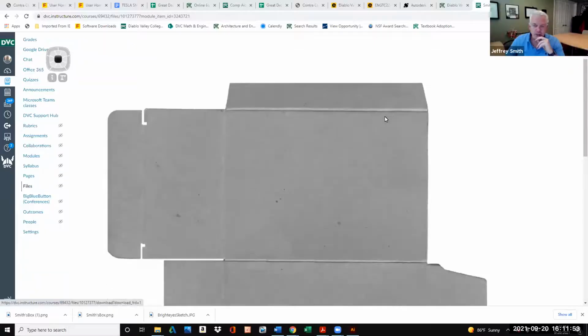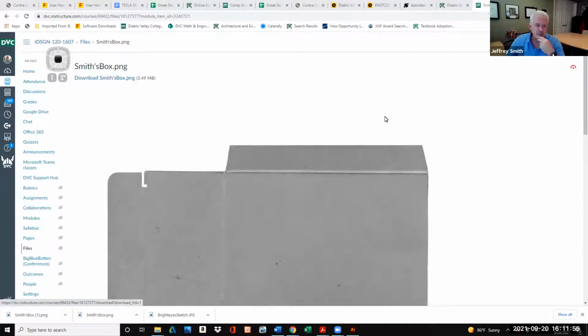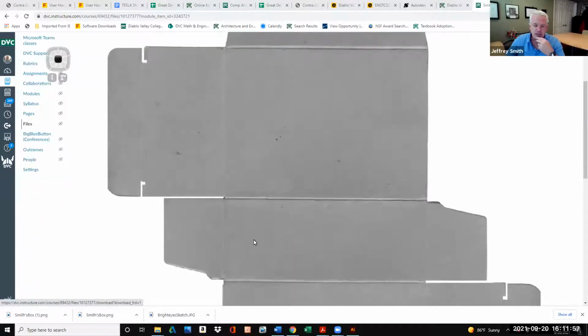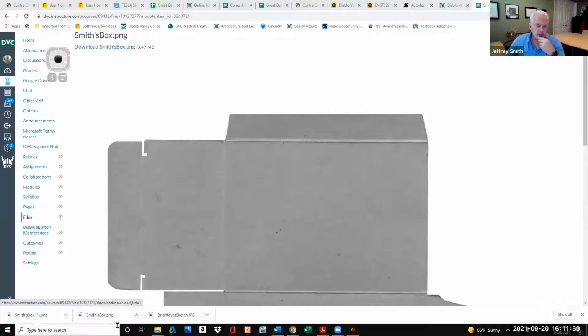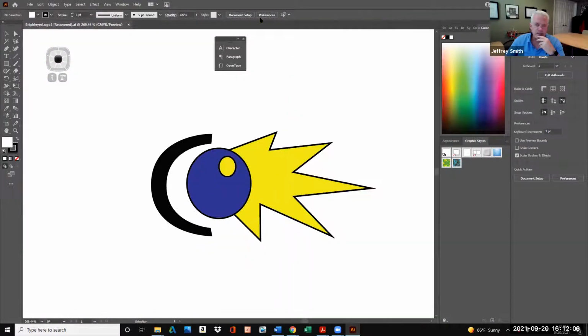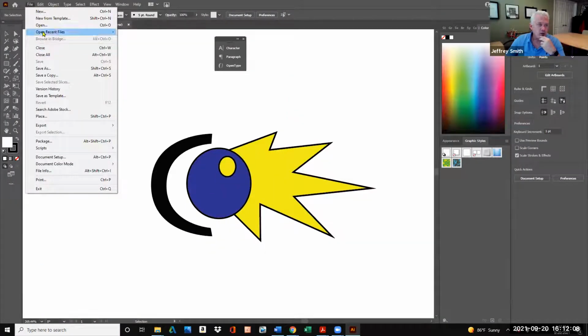All right, so here's my file. This is the box. It's a candy box I'm going to download. I clicked on here. It's a PNG file. So then what I'm going to do is have my Illustrator file open. This was what we did last time. So I'll go File, New,